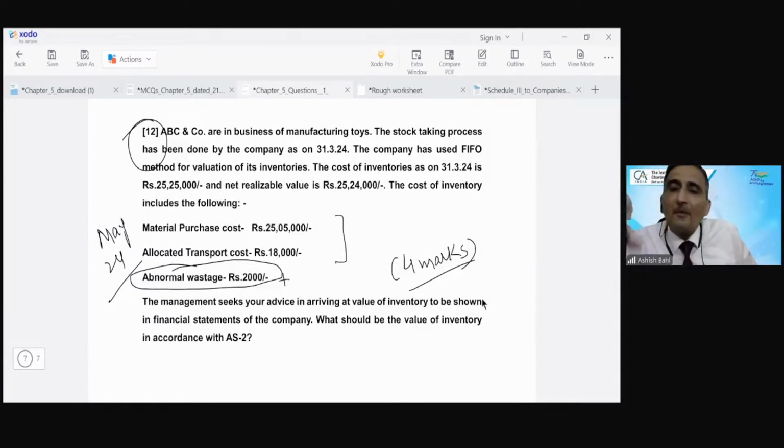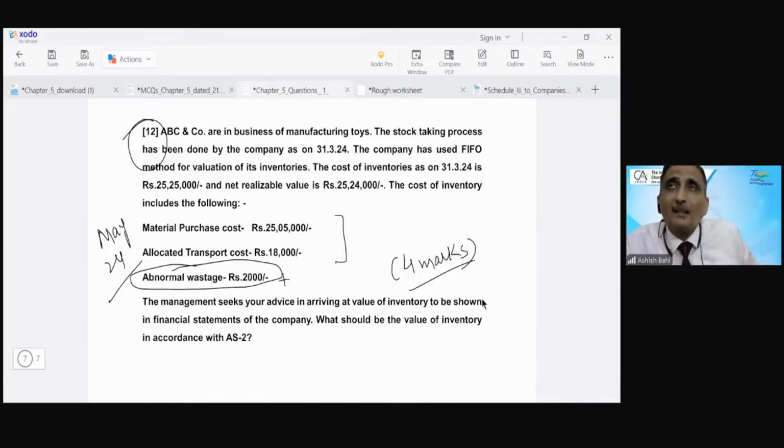But I am saying that this question carried 4 marks. So how are you going to write this in the paper? You would give reference to AS2. You would state that AS2 states that stock taking has been done by the company, and the company has